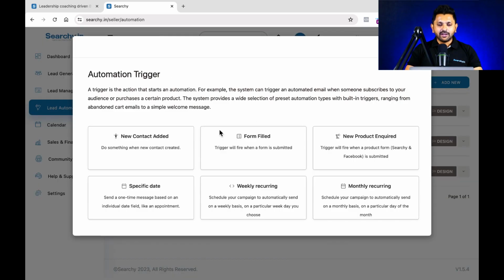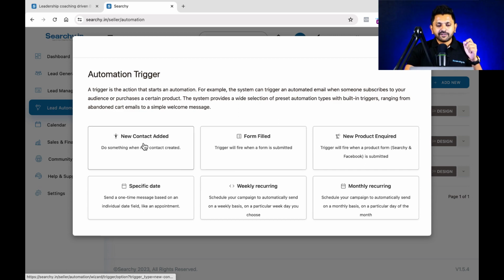So when I click on add new, it'll ask me 1, 2, 3, 4, 5, 6. There's going to be more triggers that could come in the future. But as of now, what is available on my screen, I'll share with you. And you can go explore the new ones that you can see because we're constantly working and there's never going to be an end to this. Because there's going to be so many scenarios where we want to do some automation. So we'll work on this on a continual basis